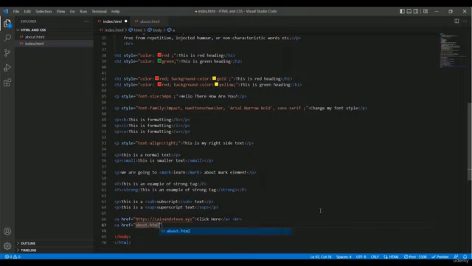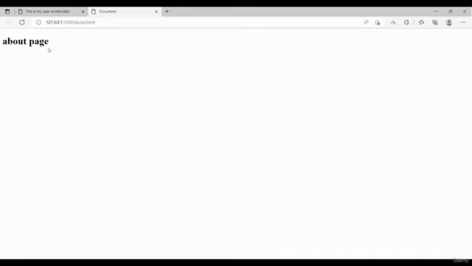So about.html is my extension, and I'm going to close this tag, and in here I'm going to write about page. So when someone clicks on this text, the person will be redirected to this about.html page. Let me save these things and get back to our